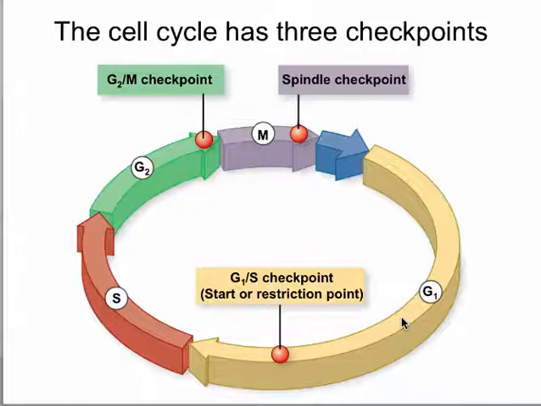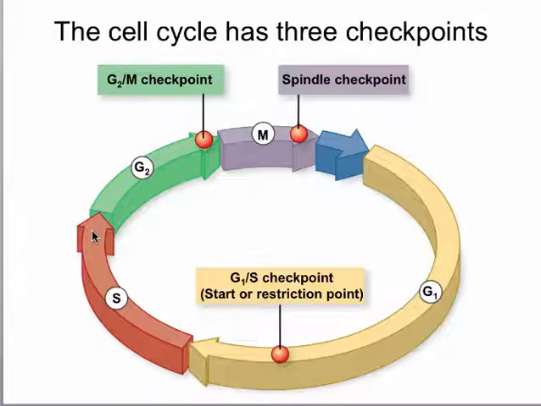So the first thing it has to do at the G1/S checkpoint is check its own DNA, because you want to make sure that your DNA is good and it hasn't been compromised so that you can divide. You can give a copy of that to your daughter cell. So that will be the G1/S checkpoint, where the cell checks its own DNA before it makes a copy of it. If everything is okay and the DNA is not damaged, then the cell will go ahead and start making a copy of the DNA, and that will be the S phase. So that's the synthesis phase.